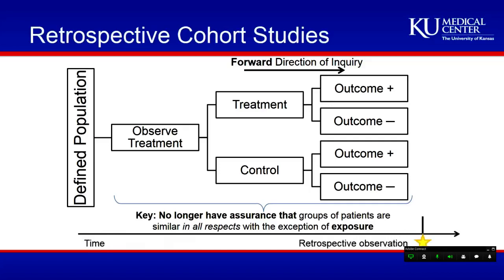association. A retrospective cohort study, notice all I changed was where we are in time. So retrospective just means it's the same study design, it's just all the data, you have to go back and collect it. Forward direction of inquiry, notice, is defined by the fact that I'm actually selecting people for my study based on their observed exposure. And then I'm looking past that to find their outcome. That's what forward direction of inquiry means. We'll see in a moment what case control will clarify that concept, because we're actually going to have the backward